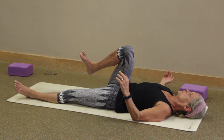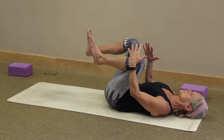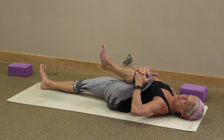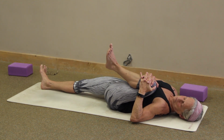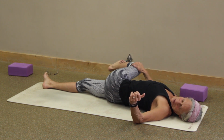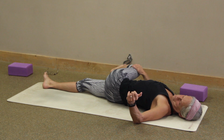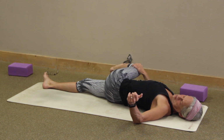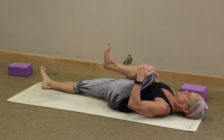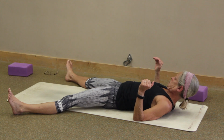Back to center. Hug your right knee back in. Hug your left knee in, straighten your right leg, bend your left knee in. Take your right hand on the outside of your left leg, lower your left leg over to the right, bringing your gaze to the left. Back to center, hug your left knee in. And release. So let your legs fall open like a star